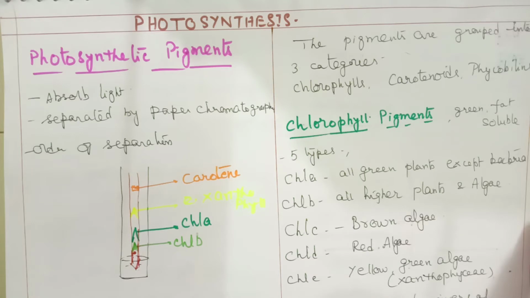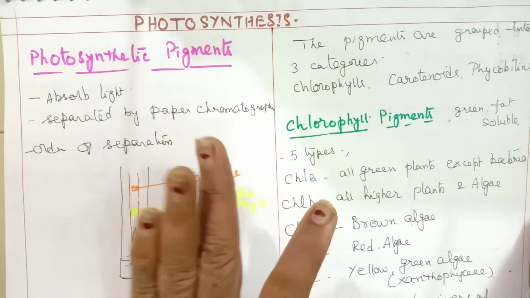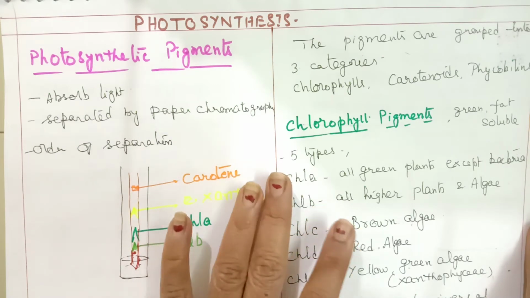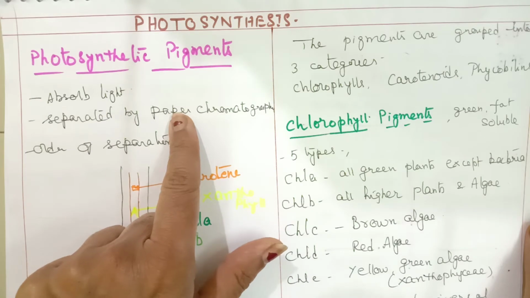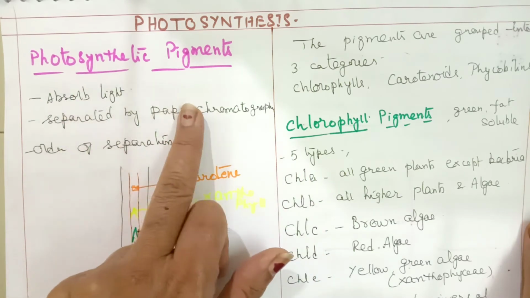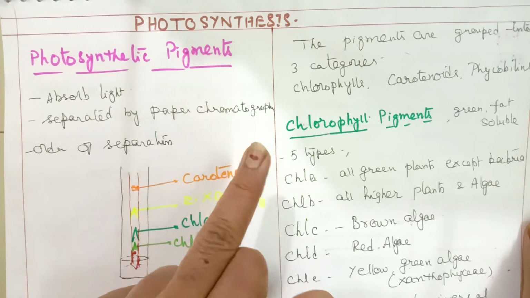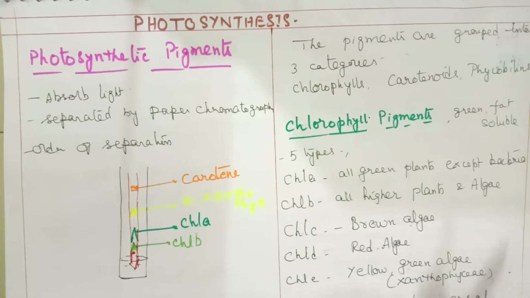In this session, I'll be starting with photosynthesis. So in the beginning of the topic, we find about all the scientists and their contribution. So I'm starting with photosynthetic pigments and the different types. From this topic, I'll be starting, and then I'll be continuing with all the other topics from the chapter.